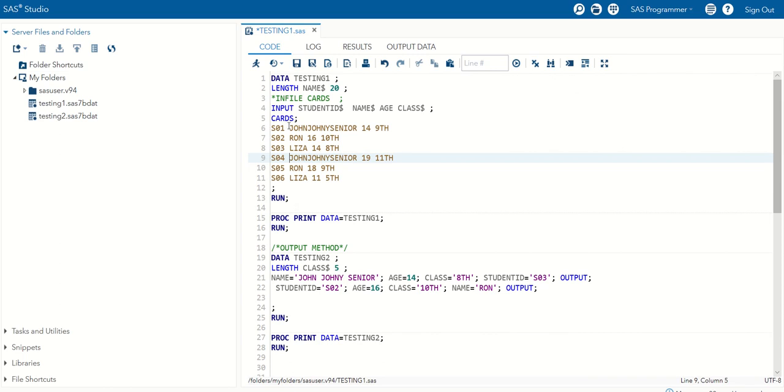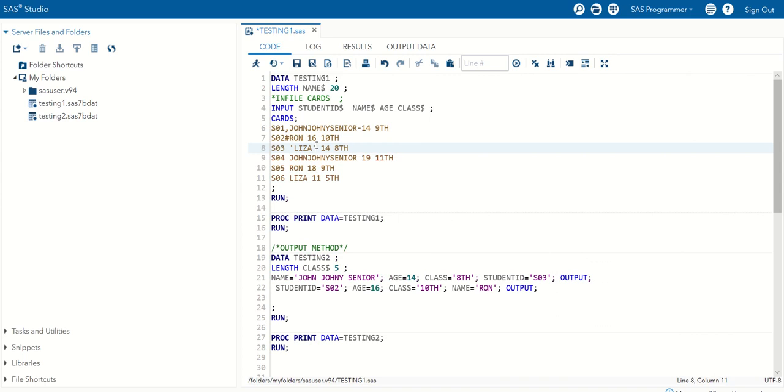So what if this data has comma, and the other data has dash, and what if we have hash here, and what if we have quotes here? So how do we do it?